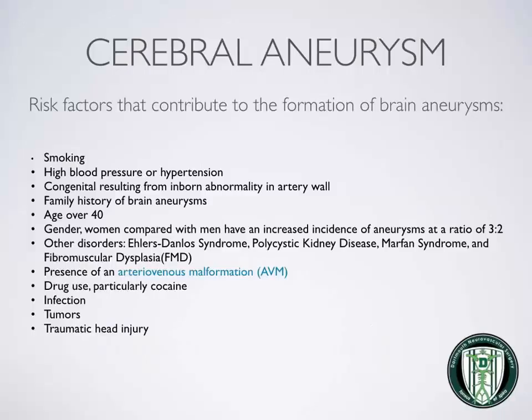There are certain risk factors that contribute to the formation of brain aneurysms. Some of them include smoking, high blood pressure, congenital abnormalities, a family history of brain aneurysms, age over 40, women compared to men have an increased incidence of aneurysms, other disorders such as Ehlers-Danlos, polycystic kidney disease, Marfan syndrome, and fibromuscular dysplasia. The presence of an AVM, or arteriovenous malformation, can contribute to aneurysm formation, as can cocaine use, infection,